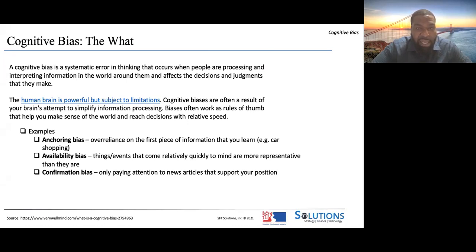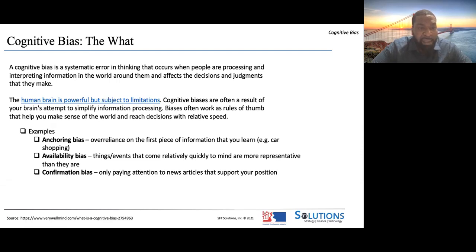So the anchoring bias is something that you heard of, we talked about a little bit before. We tend to over rely on the first piece of information that we get. So if you learn that this shirt is on sale and it's on sale for $20, for some reason, you are looking at the price that it was marked down from. So if it was marked down from $100, you're like, wow, this is a great deal. You never researched that shirt before in your life, but the fact that it was marked down from $100 to $20 tells you that it's a good deal, right?